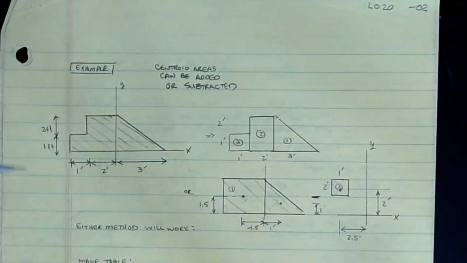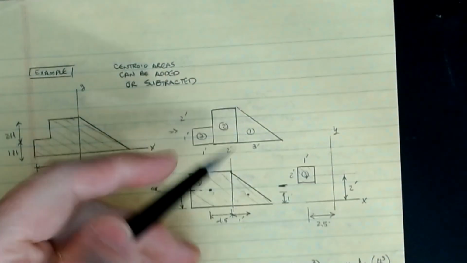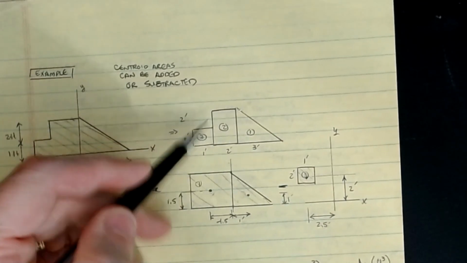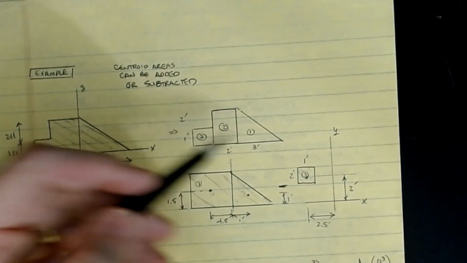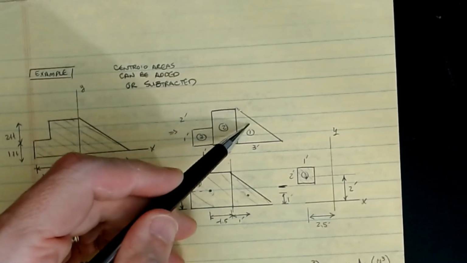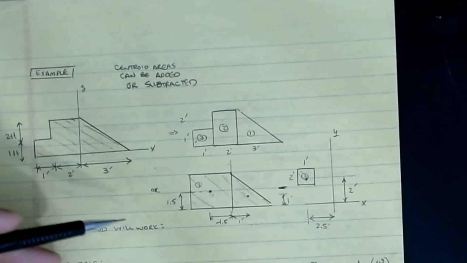Okay, and what we can do is break this up into a bunch of areas, and there are a lot of different ways you can do this. One methodology might be to break it into these areas, in which I do a 3 foot triangle, a 2 foot wide rectangle, a 1 foot wide rectangle, and then these areas. This area would be the same as what I've done here. Each one of these areas would have a centroid for its particular area, and you know what the areas of all these regions are. You can find the area of a triangle and the area of this rectangle and the area of this rectangle. So we can apply our methodology,